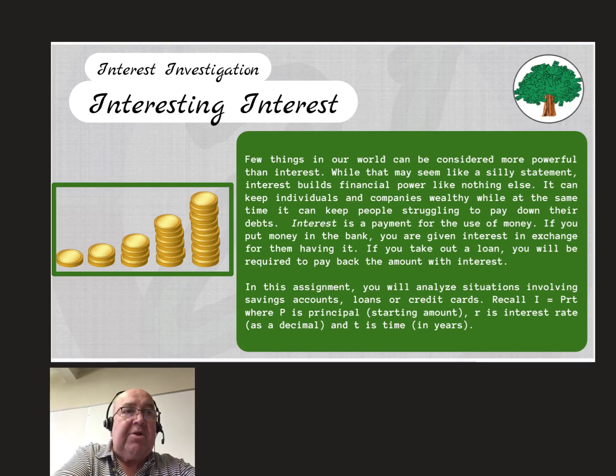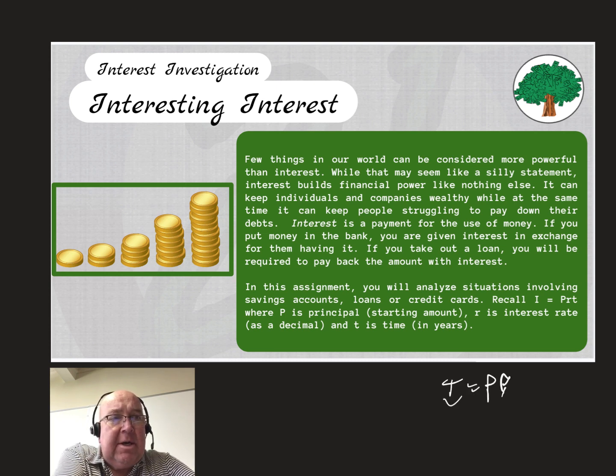Okay, in this lesson we're going to be working with figuring interest on simple interest. We're going to be using a formula which is called I equals PRT, where I is what the interest is going to be calculated, P is the principal or loan amount or deposit amount, R is the rate of interest, and